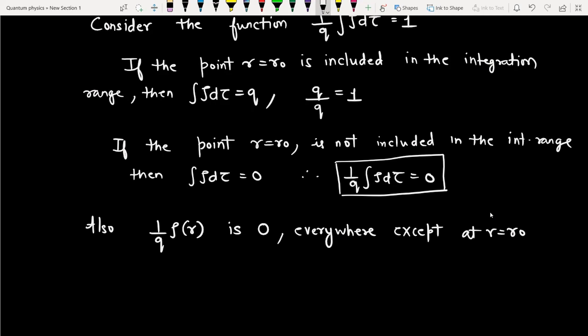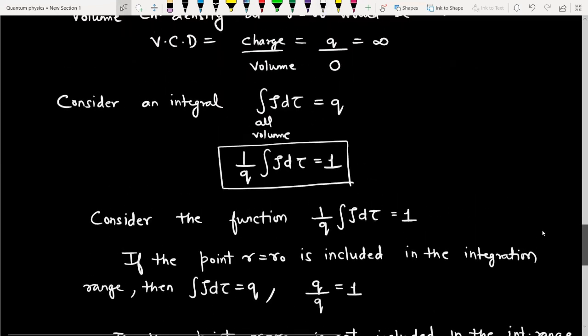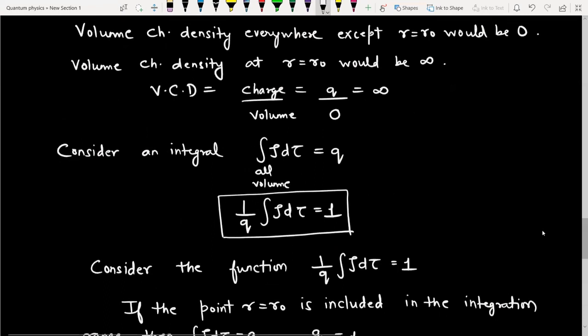And what is the value of this function at r equal to r naught? At r equal to r naught, 1 by q rho of r is infinity. Because at r equal to r naught, what is the charge distribution? As we just discussed, the volume charge density at r equal to r naught is infinity. So therefore,